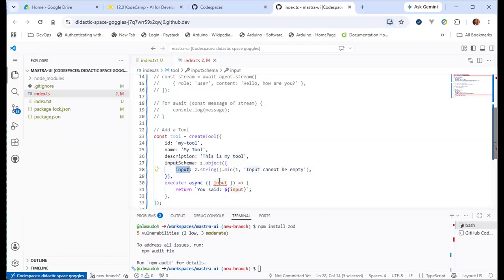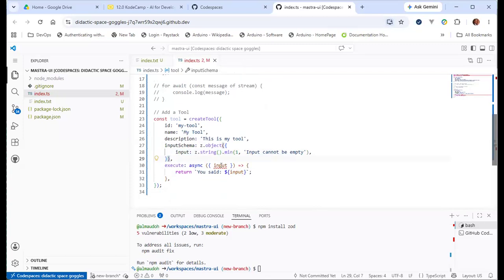So this input matches this input. And then we define what that input is, which is a Zod string, right? And then you can give additional constraints. For example, the minimum length is 1, and this will be the error message if that minimum length is not specified.